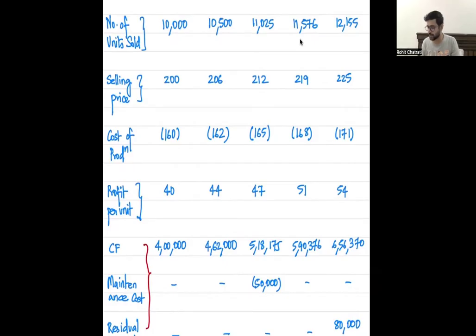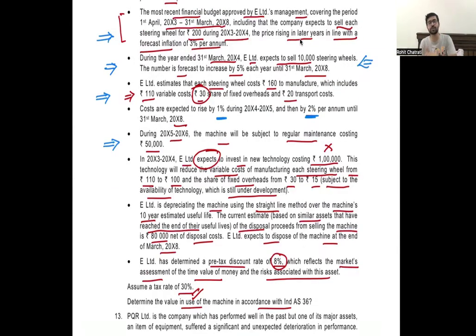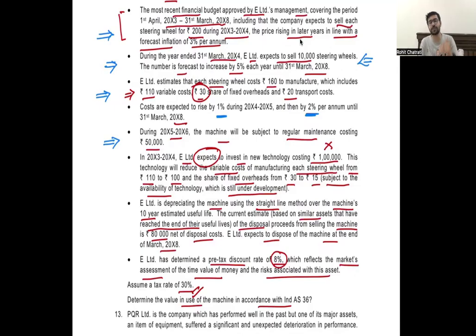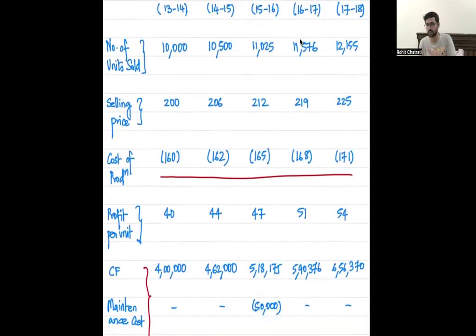of production. I would have reduced this cost of production because there would have been a savings of rupees 25. Variable overheads would have reduced by 10, fixed overheads would have reduced by 15. Therefore, there would have been a savings of rupees 25. So I would have considered a cash outflow of 1 lakh rupees in 13-14 and I would have considered a lower